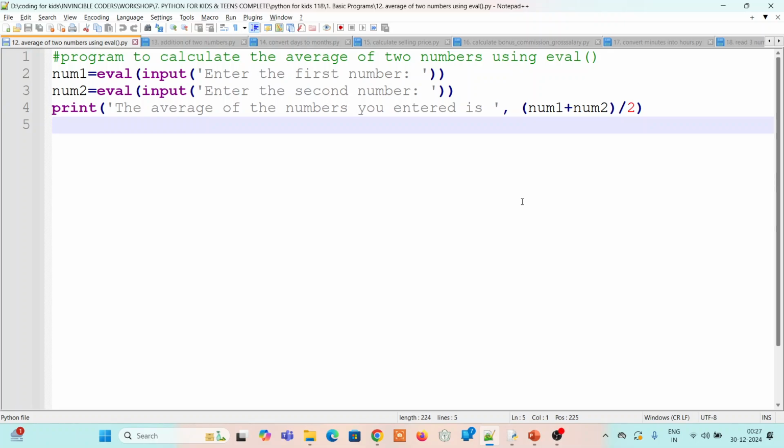In this program, we are going to understand how to calculate the average of two numbers using the eval function. We are taking the first variable as num1, and what we are doing is asking the user to enter a number using the input function with a message, and we are using the eval to convert that into